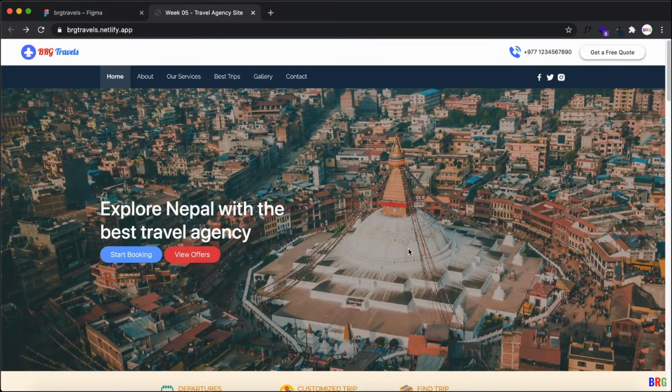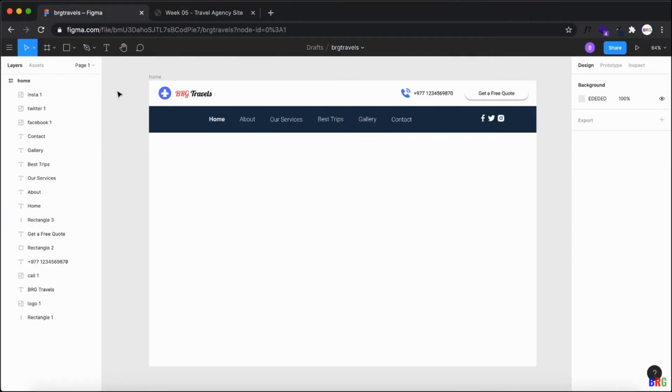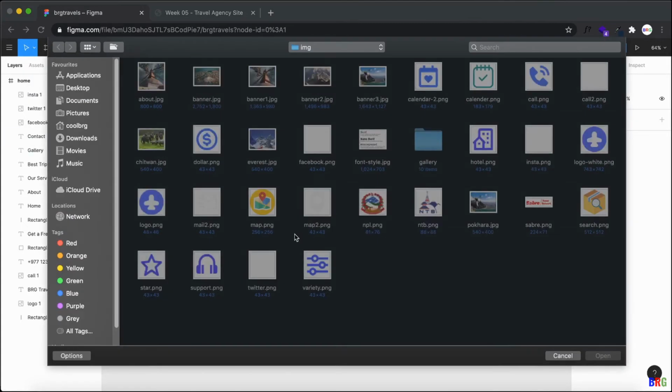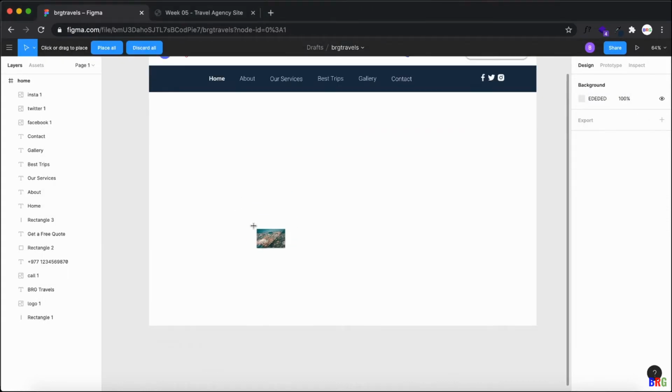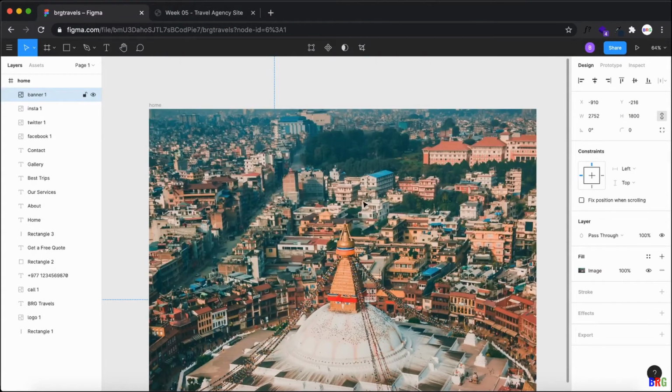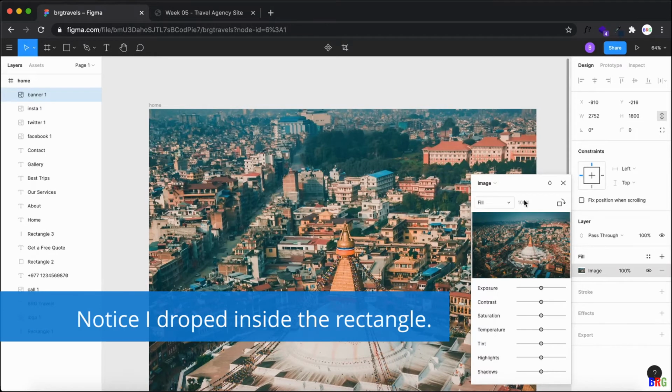Now I need to make this banner. To add the banner, let's insert the image. So let me insert this banner. Insert it this way, and let me resize it.